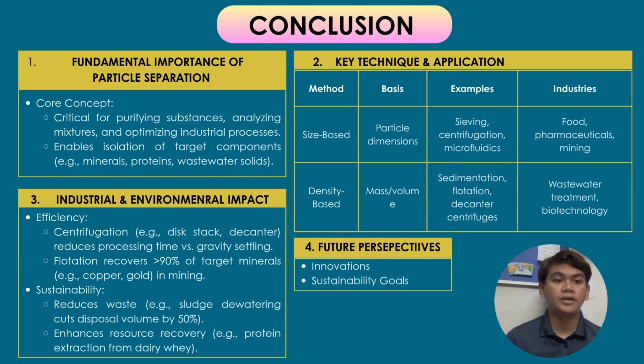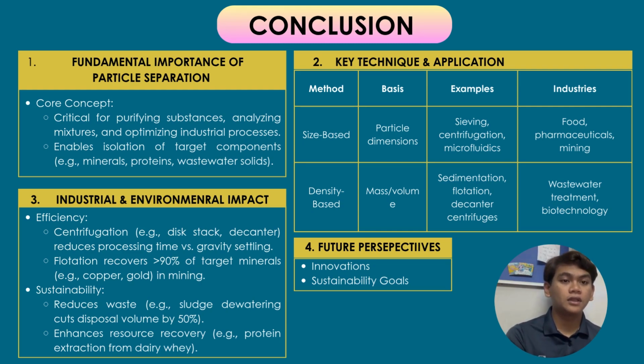Okay, let's talk about the numbers. Separation isn't just fast, it is transformative. For example, decanter centrifuges reduce sludge volume by 50%, slashing disposal costs. In mining, froth flotation recovers over 90% of target metal, turning raw ore into profit. But it is not just about efficiency. These methods are sustainability game changers, recovering protein from dairy waste or clarifying water without chemicals, aligning with global clean